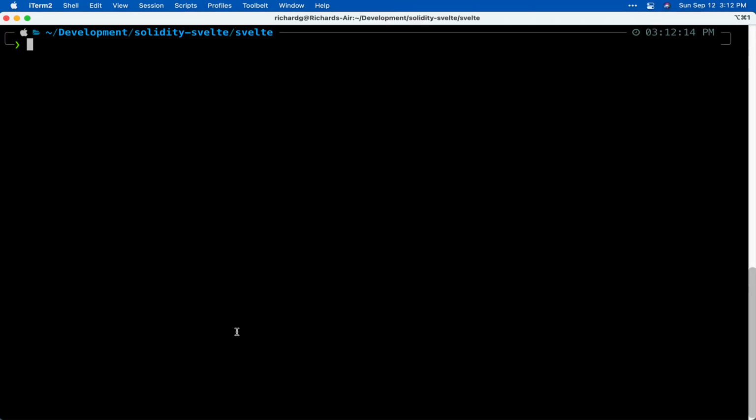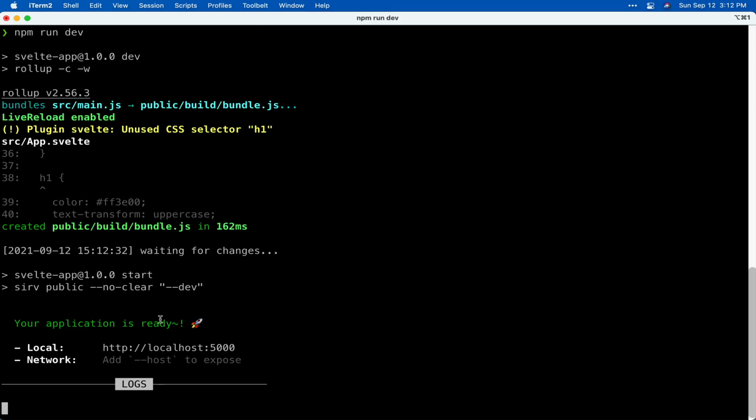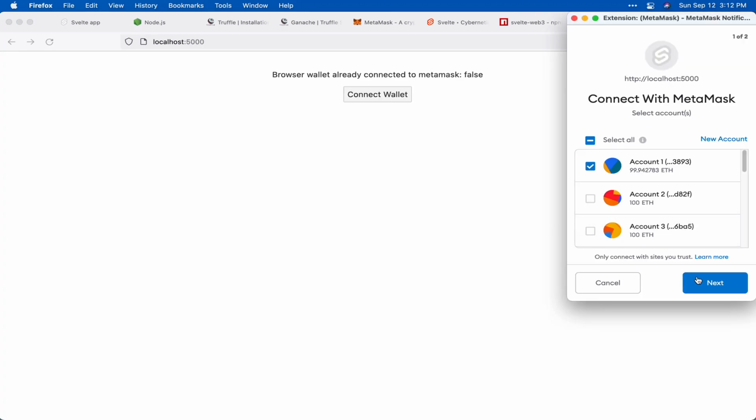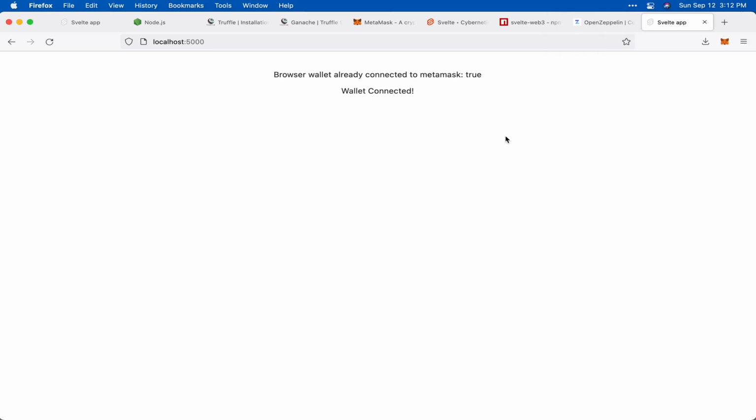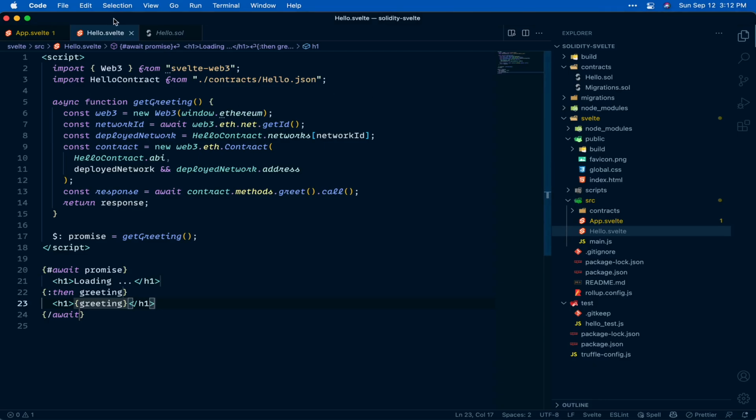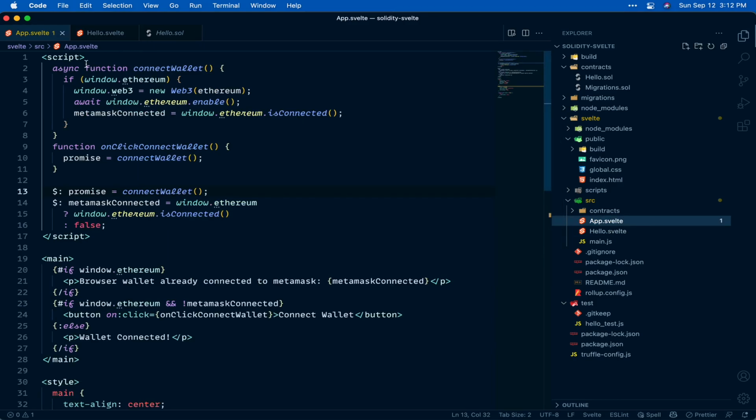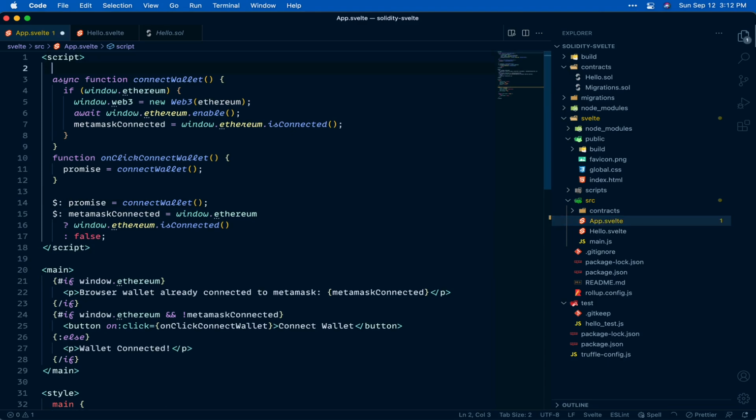All right, we're back. I've killed the process that was hogging up port 5000, so things should be a little bit better. If we run this, we'll see now we're on port 5000. Fantastic. This will make things easier. Okay, so we connect our wallet. Life is good, except we don't see anything. So two things. One, I made this component. Did I ever use it? No, I did not. So we need to import Hello from